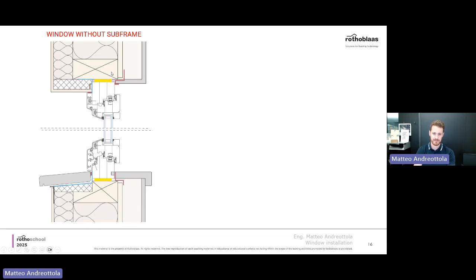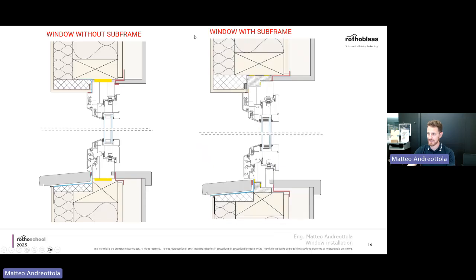But just to draw a line with the potential things that you have in the window design, let's go through two different types of installation. One of them is with a subframe. So you see the subframe here, and here it's without the subframe. So you have only this part here that I'm pointing out, which is the fixed frame of the window, and you have the moving part of the window, which is this other one. So that's basically it. And we will see what kind of details you have.